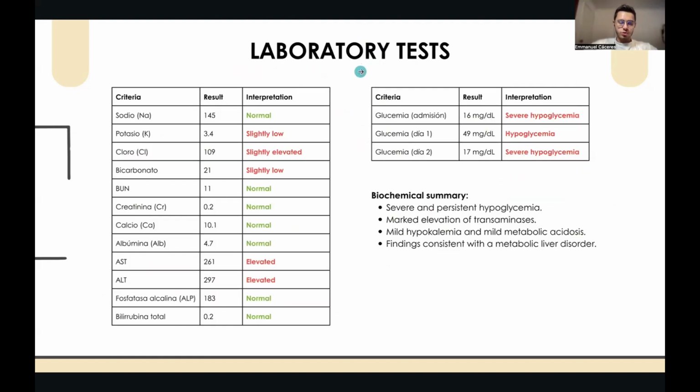Then about the laboratory tests, we have sodium level normal, also the BUN, creatinine, calcium, albumin, alkaline phosphatase and total bilirubin normal. However, we have potassium, chloride, bicarbonate, AST, and ALT. These are abnormal and may indicate a metabolic liver disorder. The potassium is slightly low, and the bicarbonate is low, which may indicate a mild metabolic acidosis. The chloride is a little elevated, and in terms of the glucose levels, we have